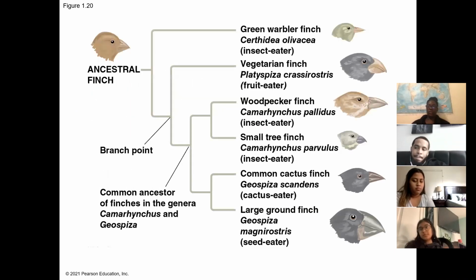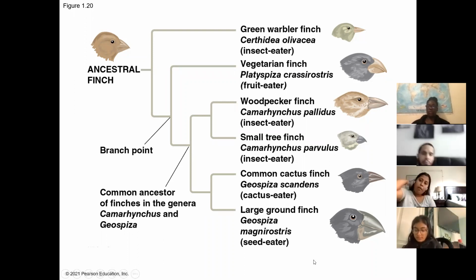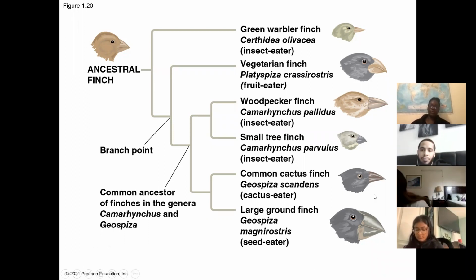Yes, this is the Galapagos finches. So, the ancestral finch. If you look at the beaks of finches on different islands, each island is a different ecosystem, and they actually feed on different things. There are insect eaters, fruit eaters, cactus eaters, seed eaters. And the shape of the finch's beak pretty much matched that diet, right? And thus he said, wow,